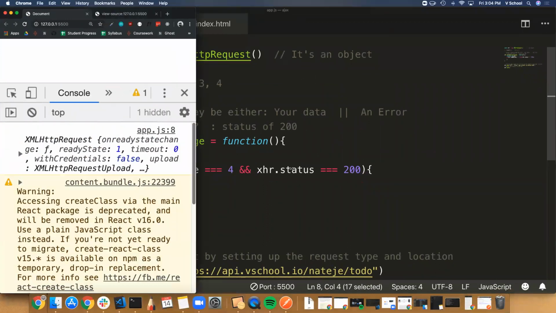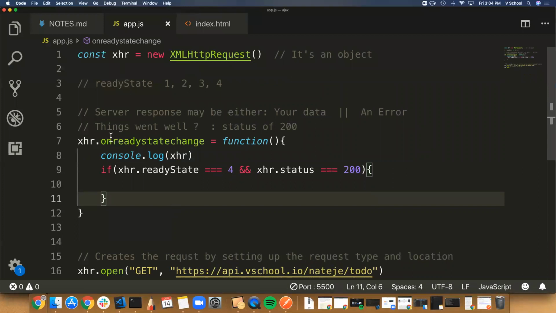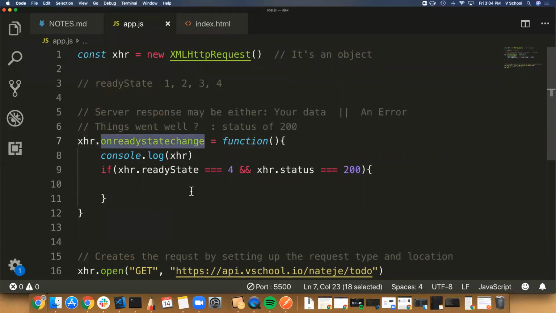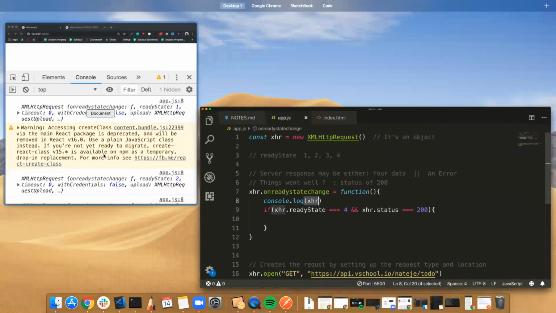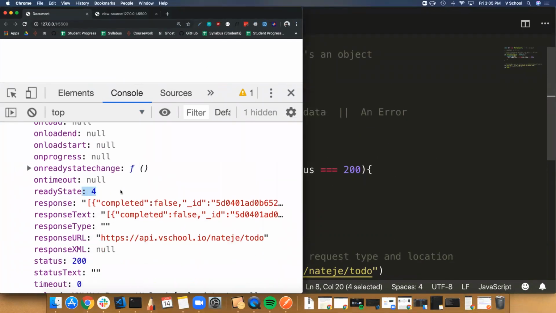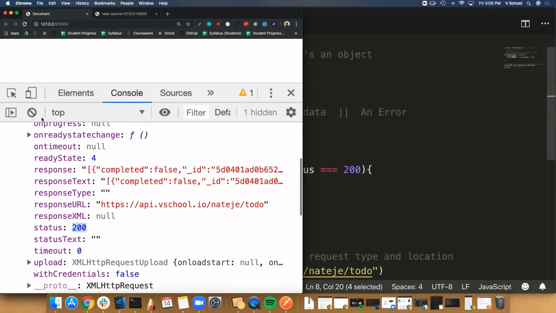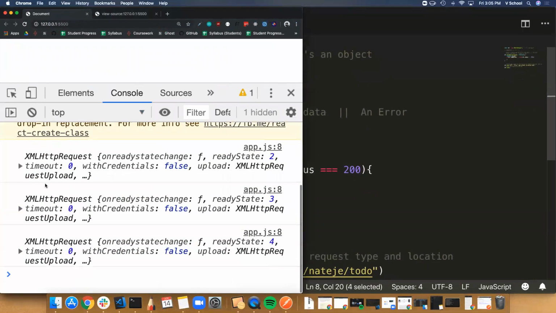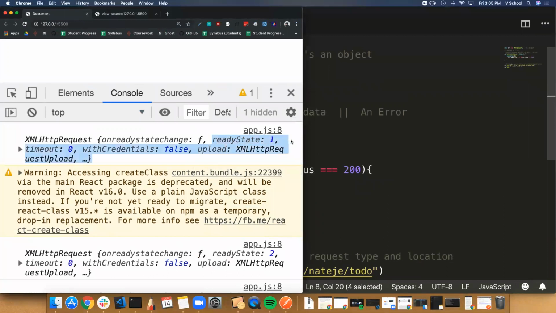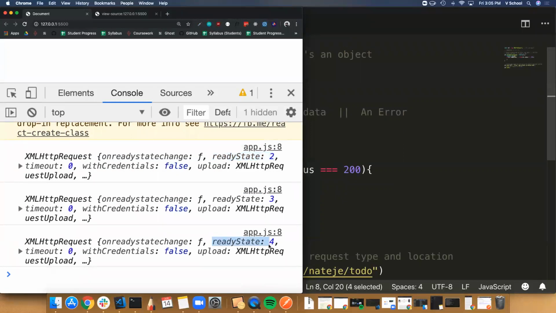So here are the XHR objects, and why am I getting 4 of them? It's firing 4 times, and we're just seeing what our XHR object looks like over time. The first time it goes out, it's got a ready state of... that doesn't make any sense, that's wrong, for status 200. So this is actually our response. This is the final one. There we go. Ready state 1, oh, because it's giving us the final. Okay, so the first one was ready state 1, a console log with ready state 2, the 4th one comes back